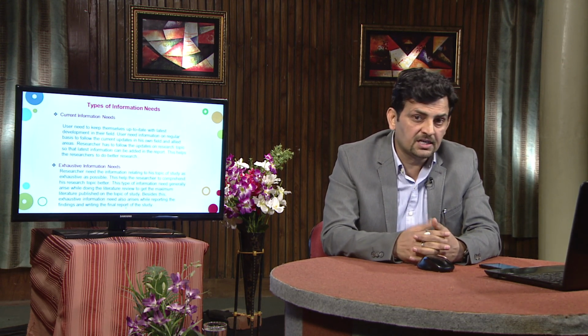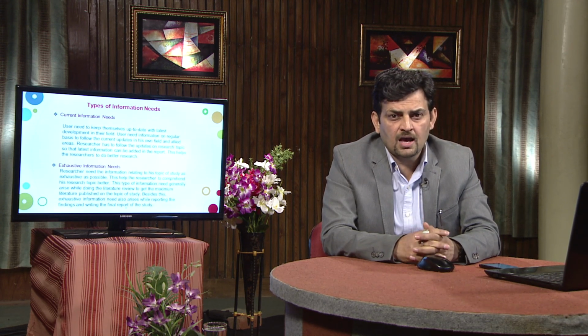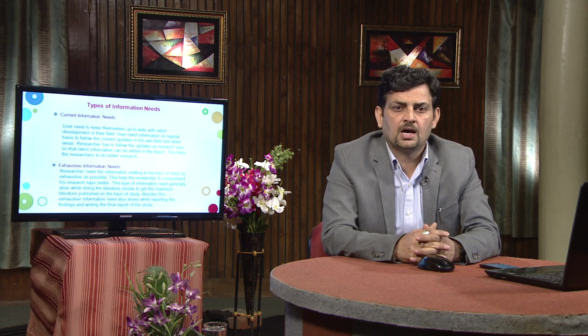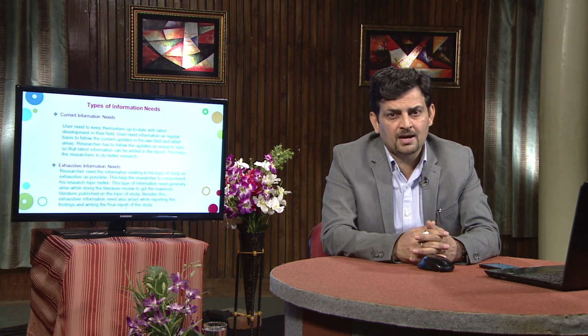So, I need information: what are the cars available in the market, what are their mileages, what are their prices, and what warranty are they giving. When we have exhaustive information about the cars available in the market, it will be easy for a common man to make a decision. So, this exhaustive information is very vital, and libraries have to provide various services based on the exhaustive information needs